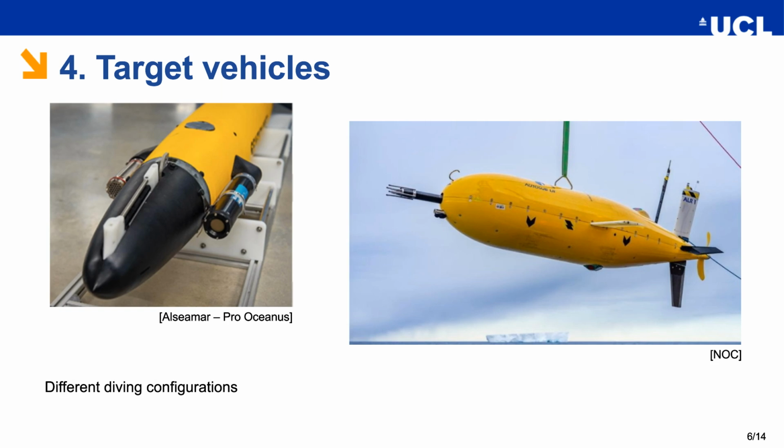Additionally, some vehicles can be equipped with different diving configurations specific to the mission they are carrying out. On the left-hand side, you can see a SeaExplorer glider developed by Alseamar, which is mounting for this specific mission a dissolved CO2 sensor developed by ProOceanus. As you can imagine, this underwater glider has a nominal control system, which has some intrinsic robustness to the dynamics